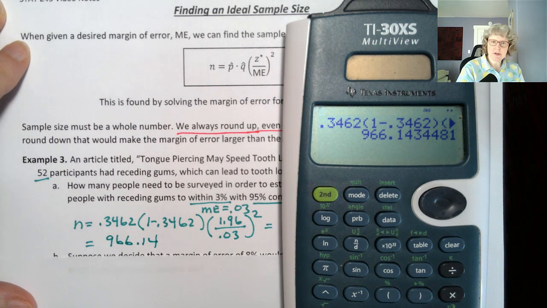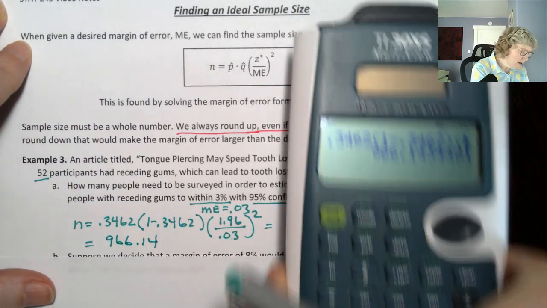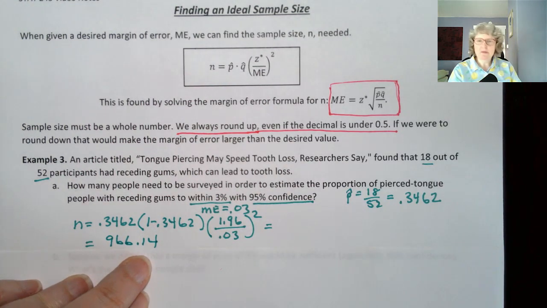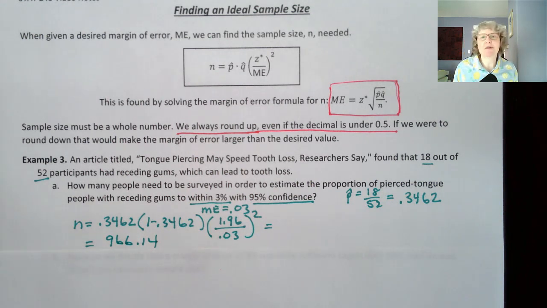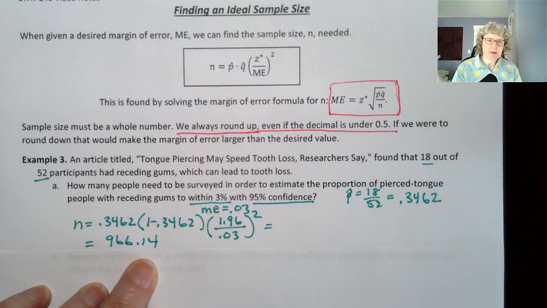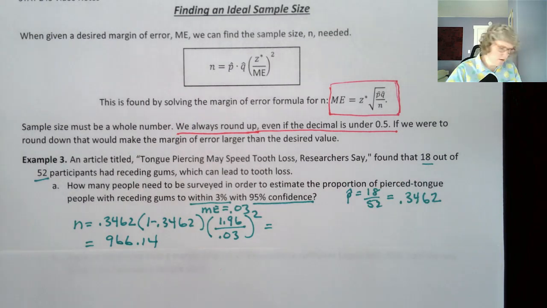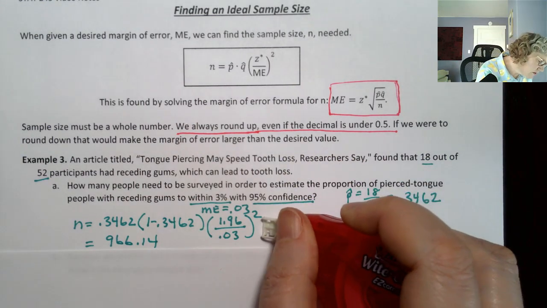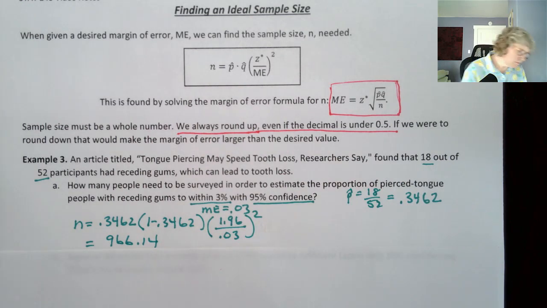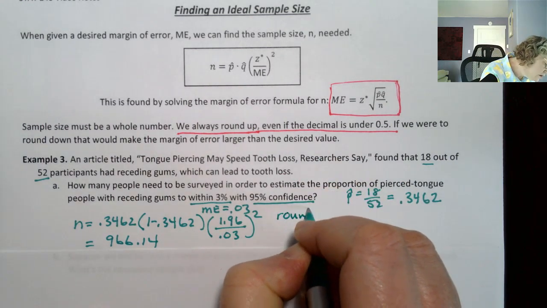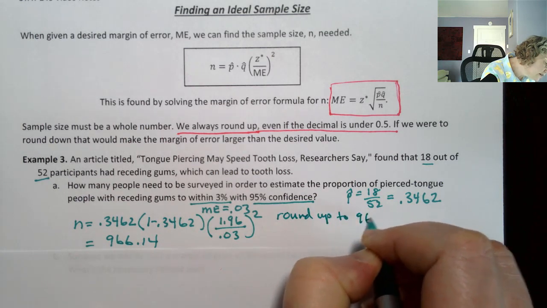Okay, so I'm going to write down the decimal, even though that's not going to be my final answer, because we can't survey 0.14 of a person, right? We can ask their big toe what they think. Or maybe that's their whole foot. I don't know. We can't survey part of a person, but we do need that part of that person. So we need to round up. So we're going to round up to 967. So let me write that out. Round up to 967